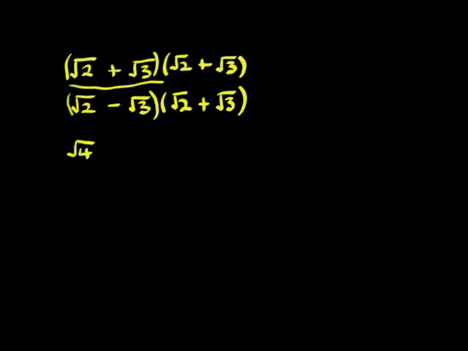Root 2 times positive root 3 gives us plus root 6. Now, root 3 times root 2 gives us plus root 6. Also, root 3 times root 3 gives us root 9. Now, at the denominator now,